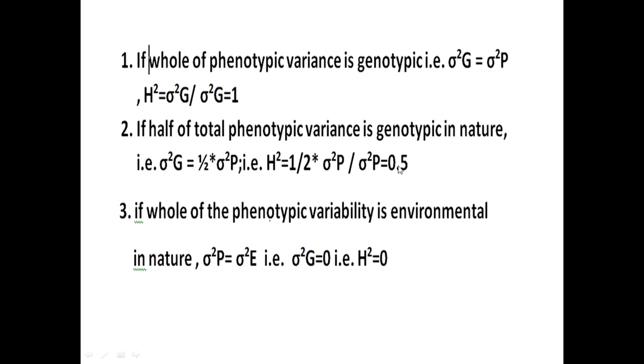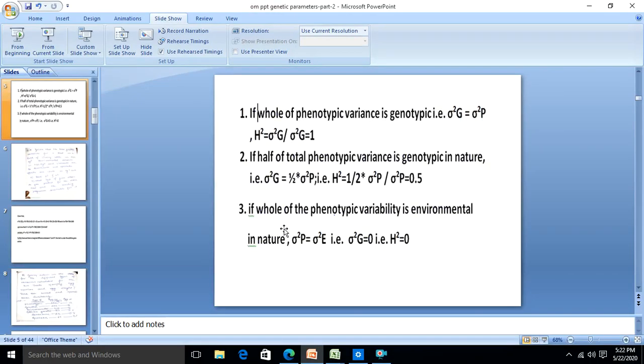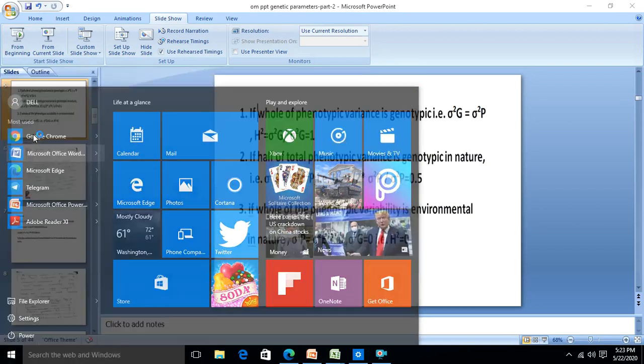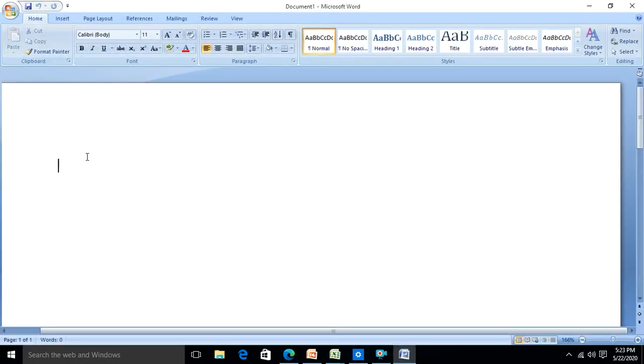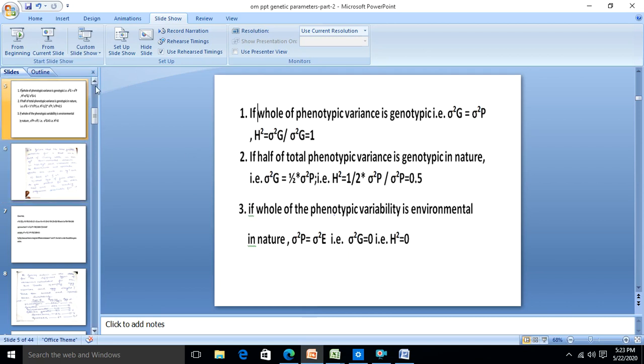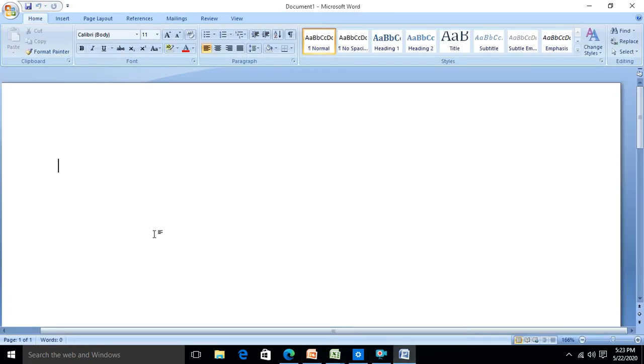For all of you who are having a bit of problem in understanding, I will take a bit of your time and explain to you all once again, because any concept, if not understood fully, has no meaning. So the first question, as you can see, was, if whole of the phenotypic variability is genetic in nature. By taking this first question, you know h square, if we denote it as heritability,